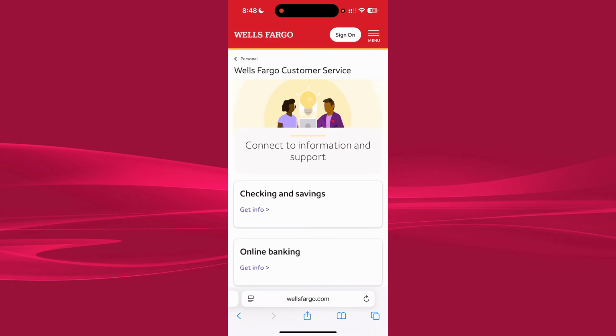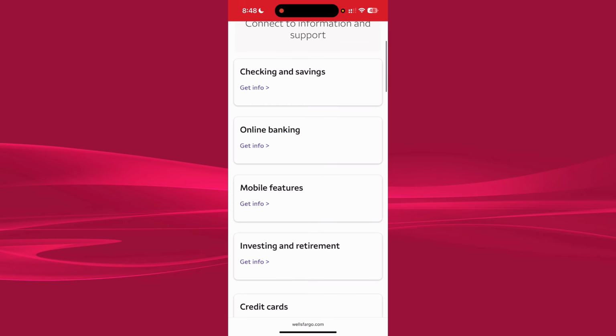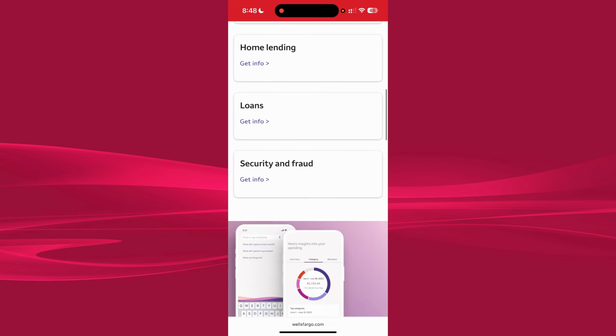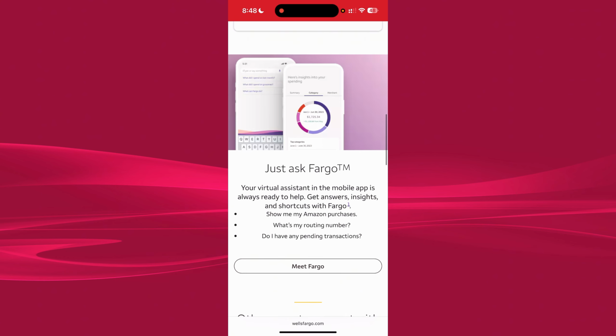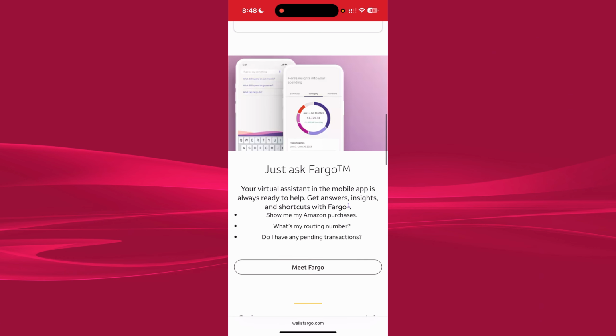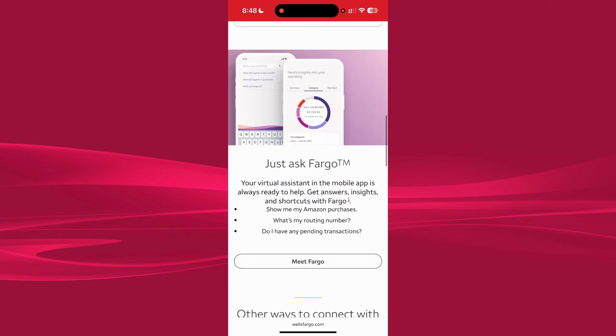Once you click on that one, you will be redirected to their customer service page, where you could get their information if you have a problem on checking, savings, banking, mobile features, investment, and such. So you just have to scroll it down until you see Fargo, which is Wells Fargo's virtual assistant in their mobile application. So you could actually talk to their virtual assistant, but if you wanted to talk to